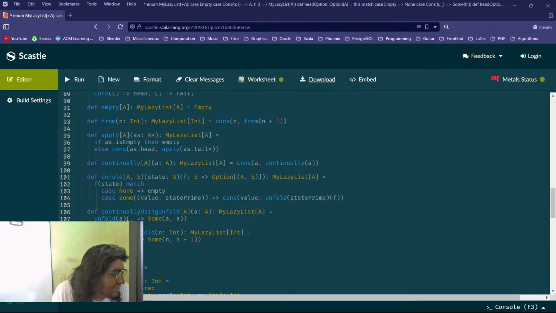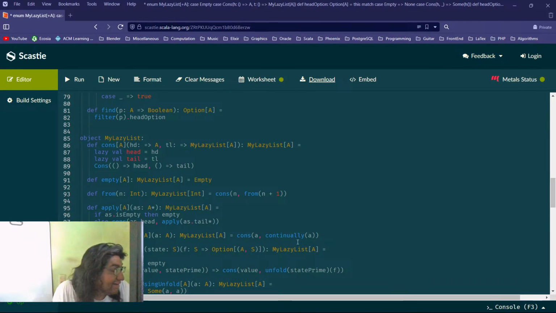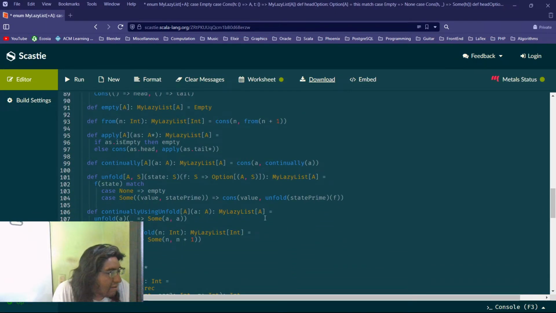So continuing with from, you see if we find a pattern over here. From comes in and some sort of tail, maybe wheel. Continually comes some sort of tail. And from here,